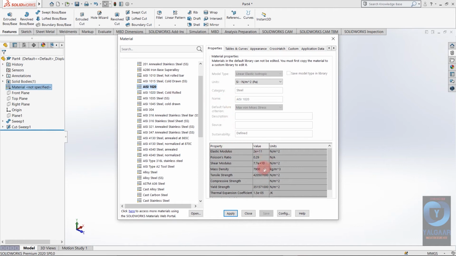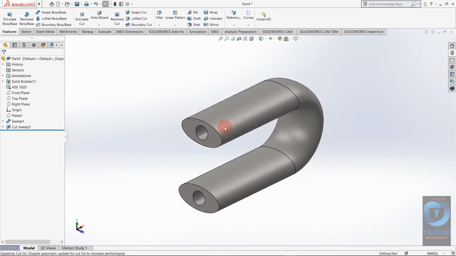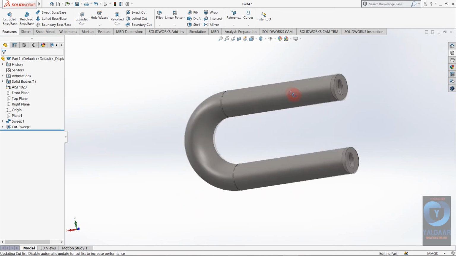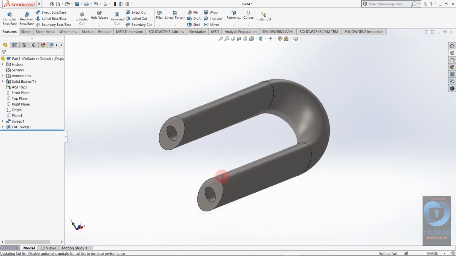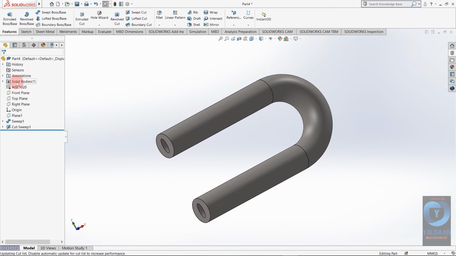You can see here the properties of this steel, like elastic modulus, Poisson's ratio, shear modulus, mass density, etc. So just click on apply and close. As you can see, the color has been changed and now the material is also AISI 1020.